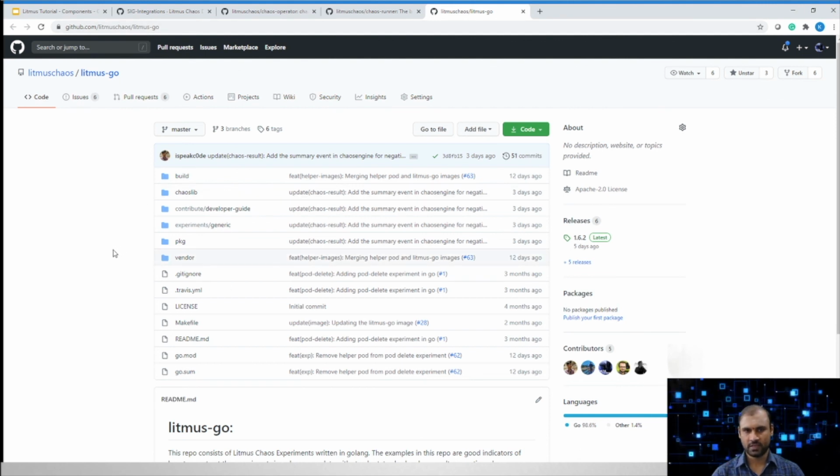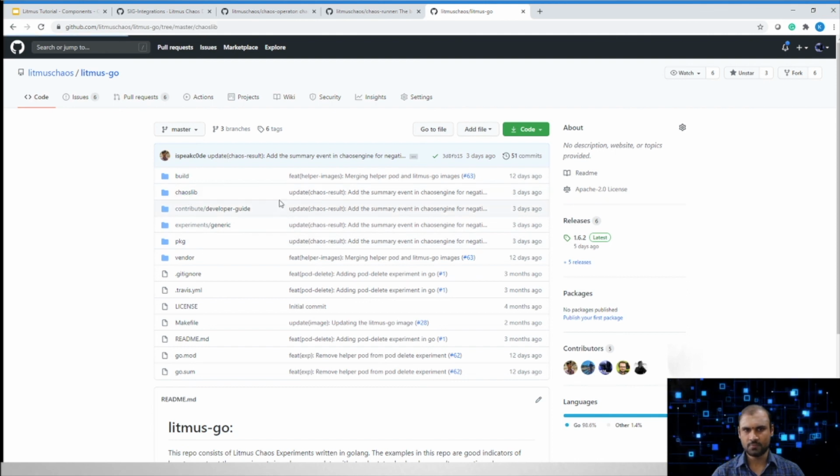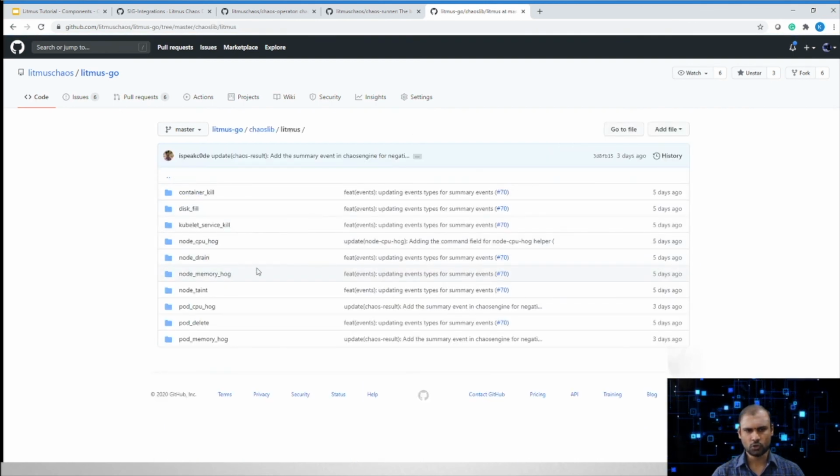You can take a look at the structure of the experiments. In all three languages, the experiments are structured in a similar way. The folders are also arranged in a very identical way in terms of how the various functions are distributed. You have the generic chaos experiments in Litmus Go, where each experiment consists of its own folder, and these also find representation in the chaos lib, where you're going to see the injection logic, while the experiments folder consists of the overall flow for the experiment. You can take a closer look at these repositories,